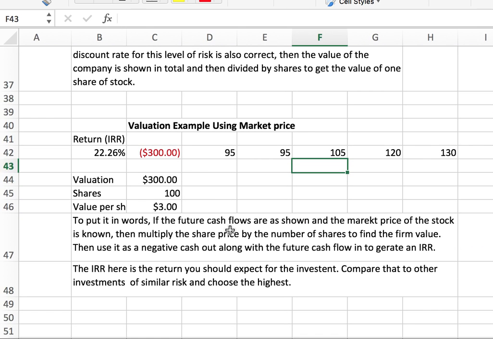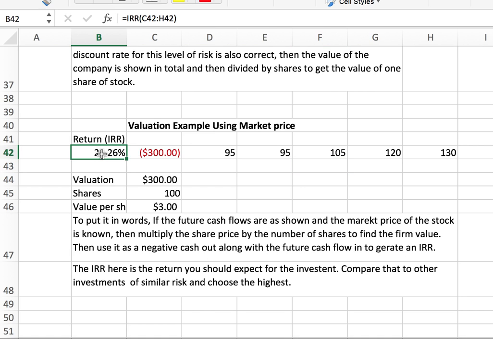So to put this in words, if the future cash flows are shown and the market price of the stock is known, then multiply the share price by the number of shares to find firm value. So $3 times 100 is $300. Then use it as a negative cash flow out. In other words, I paid $300 for the firm, and offsetting that is the future cash flow in